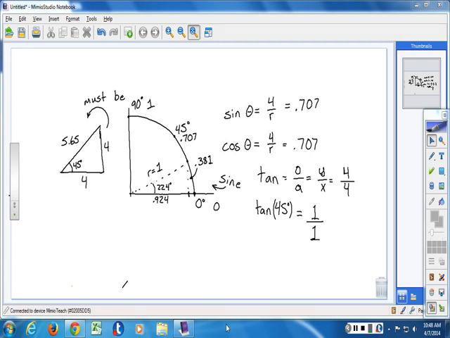1? Plug in tangent of 0. Tell me what you get. 0. Okay, so that doesn't quite work as easily on the other end of the spectrum,